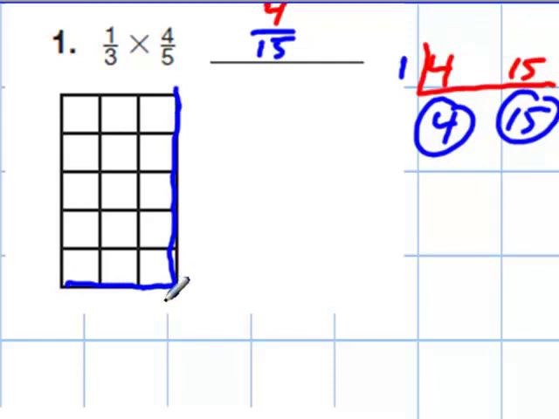So we went over 3, up 5. Now let's complete the figure. It needs to be either a square or a rectangle. So let's count. 1, 2, 3, 4, 5, 6, 7, 8, 9, 10, 11, 12, 13, 14, 15, just like